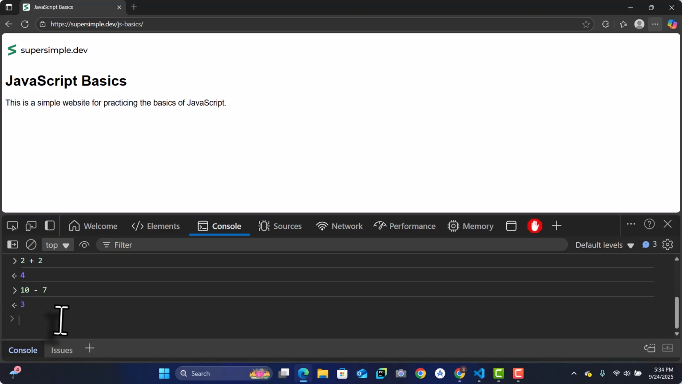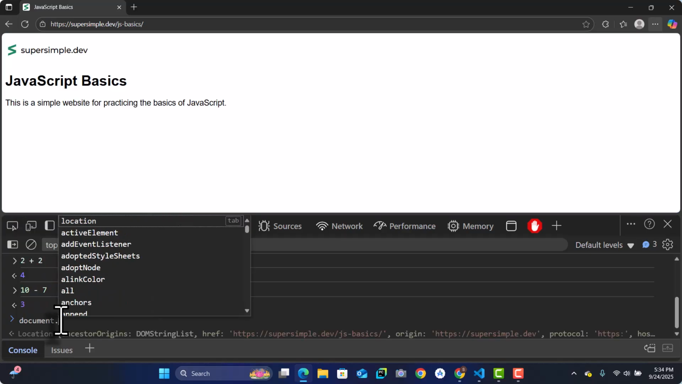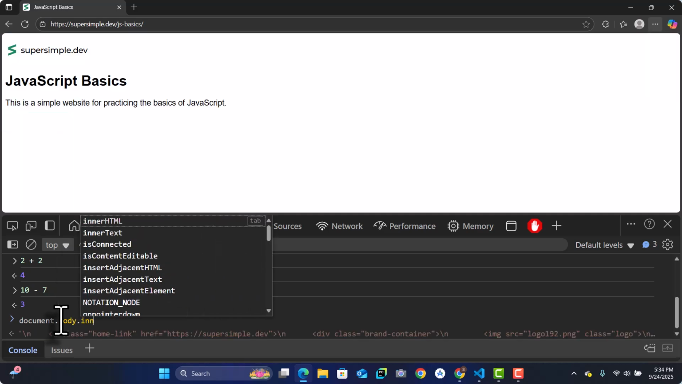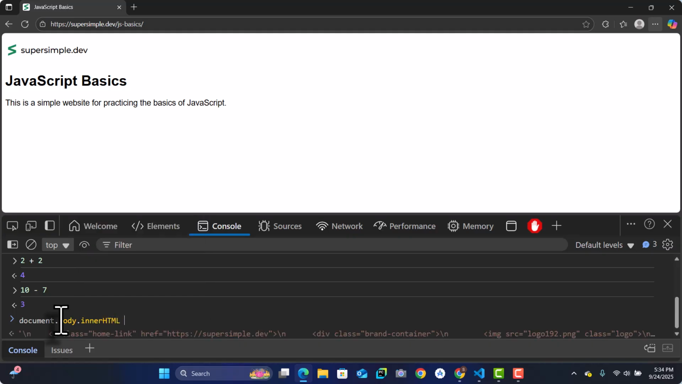Another thing that we can do with JavaScript is I can type here document dot body dot innerHTML equals to, single quotes, let's say hi, my name is Alex, single quote. Now if I press enter,